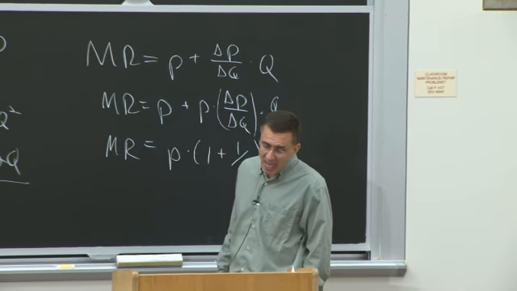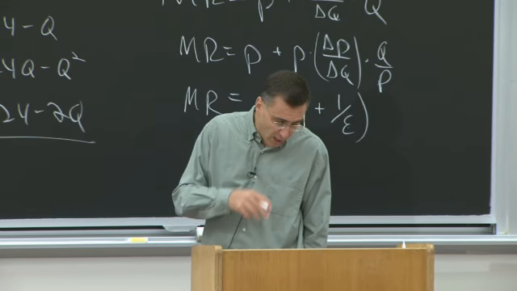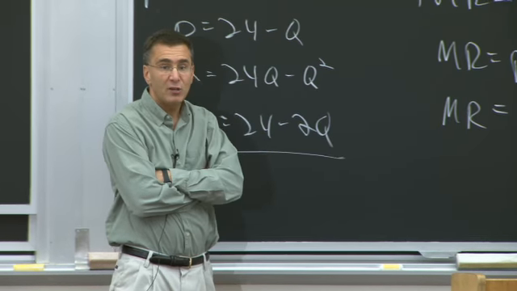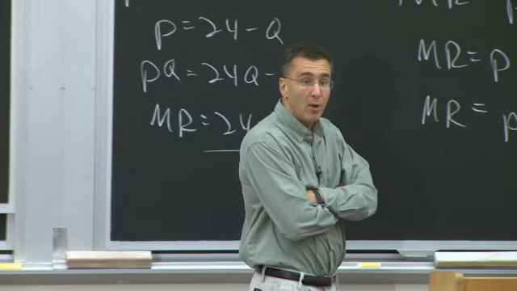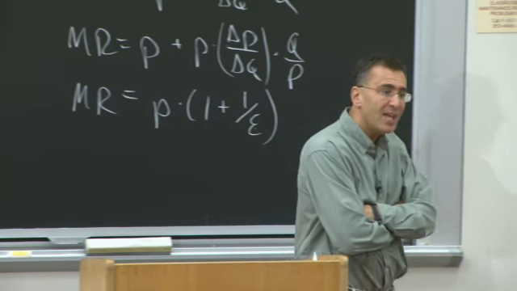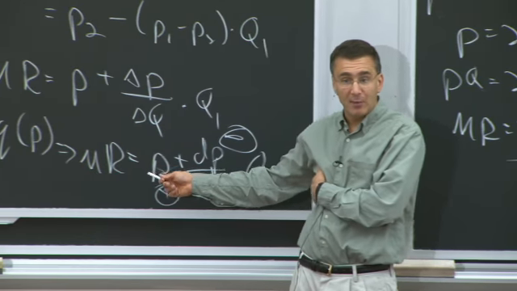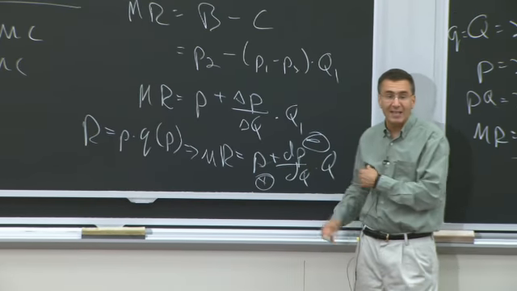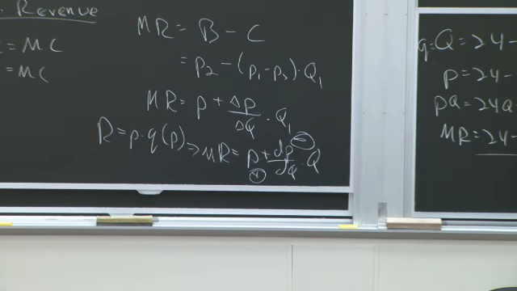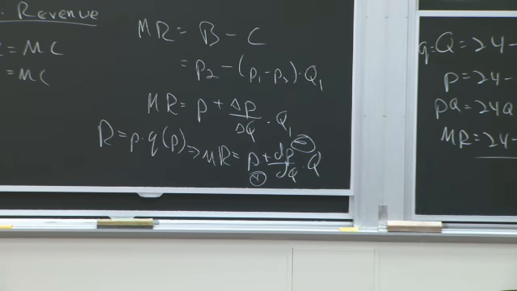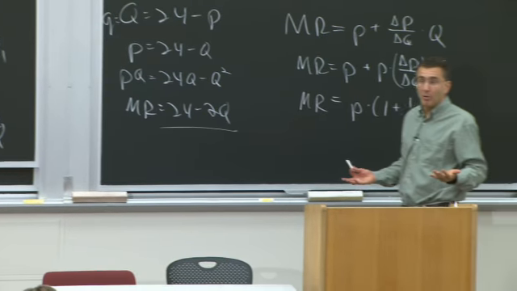Now instead, if we took a firm where the elasticity of demand was -1, the marginal revenue would be 0. Why is that? What that says is if you're a monopolist facing an elasticity of demand of -1, then you make no money by selling the next unit. Because these two effects exactly cancel. Exactly what you make by selling one more unit is offset by how much you have to lower the price on all your previous units. So an elasticity of demand of -1, marginal revenue equals 0.